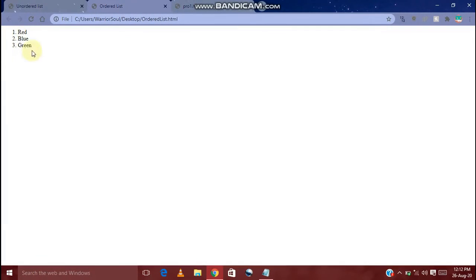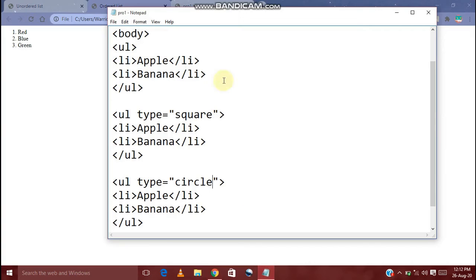So now what we are going to do is that this ordered list starts by 1 and then goes to 2, 3 and 4 whatsoever number. Then in this type of program, we are basically going to start the list from a smaller a, that is a lowercase letter. Then we are also going to change it to an uppercase letter, that is capital A. Then we are going to change it to an uppercase Roman numeral, and then to a lowercase Roman numeral, okay.